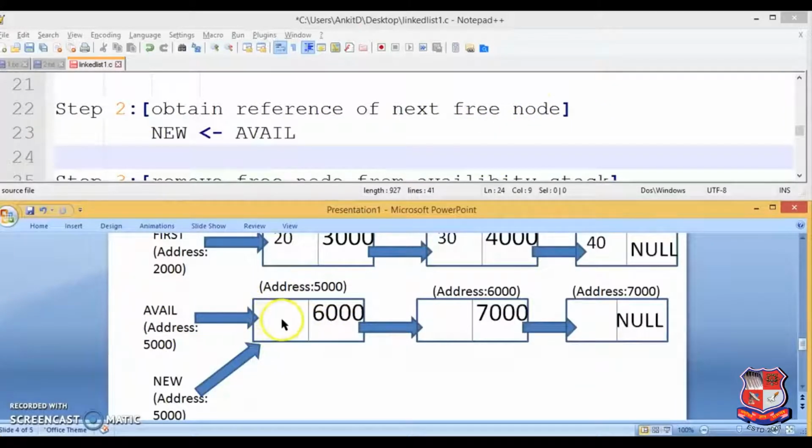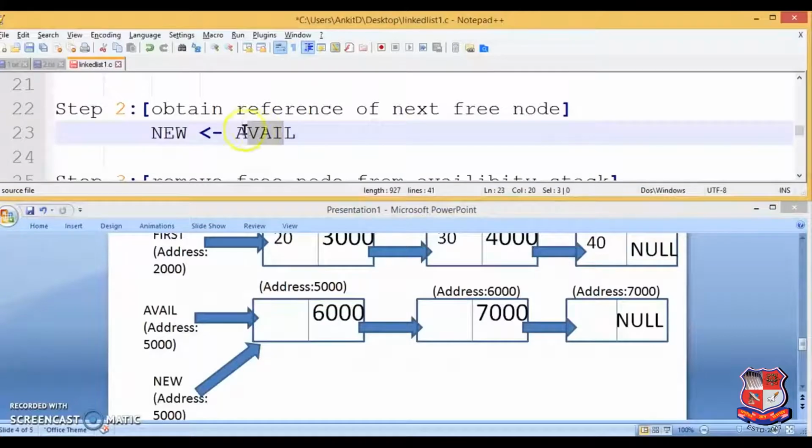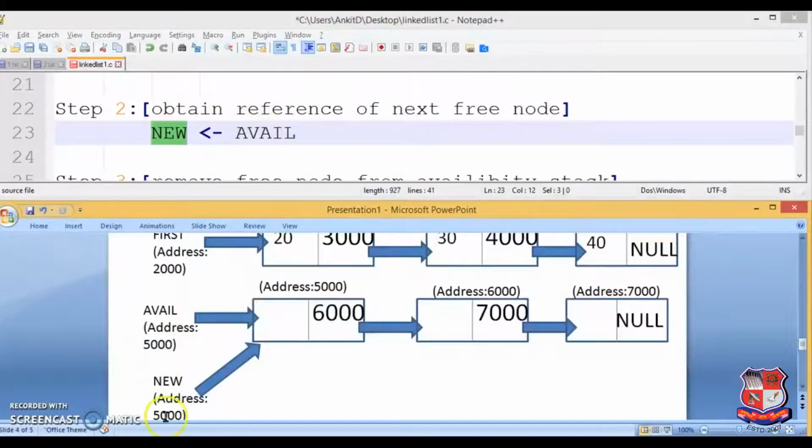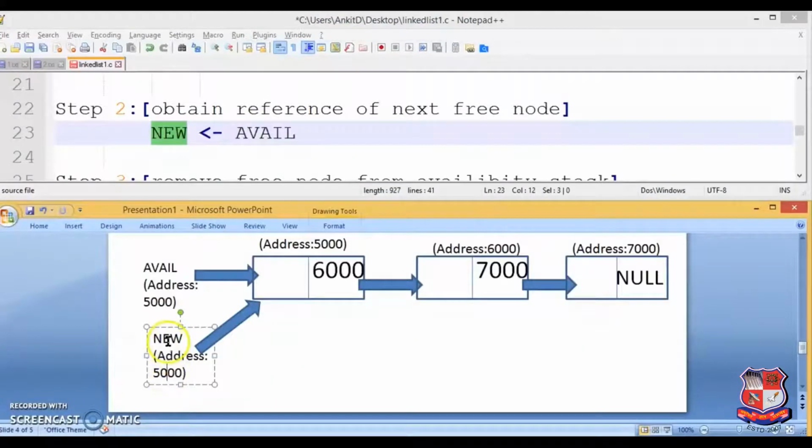So new equals avail means the address which you have in avail is assigned to new. We have the address 5000, and we are assigning it to this new pointer. Once you assign a value to a pointer, it will directly point to that address. So currently you have these two pointers pointing to the same address.